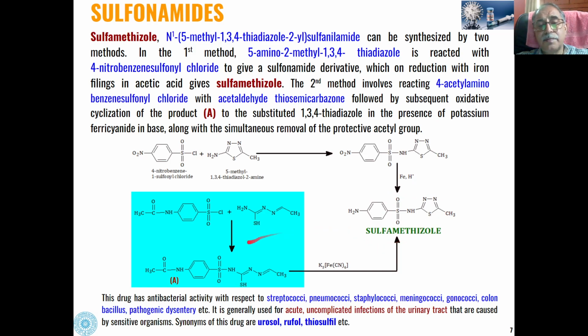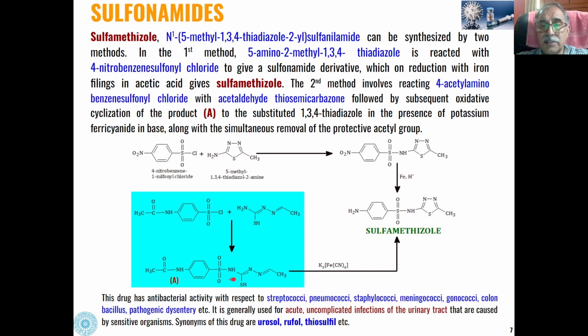Then similarly, the second method is when 4-acetylaminobenzene sulfonyl chloride is condensed with acetaldehyde thiosemicarbazone. This in turn is synthesized from acetaldehyde and thiosemicarbazide. So when these are condensed, H from here, Cl from here, again the same type of sulfonamide will be